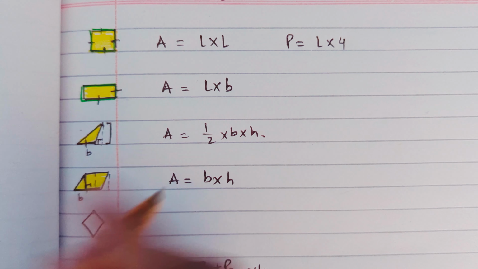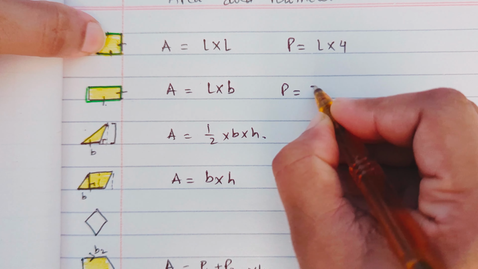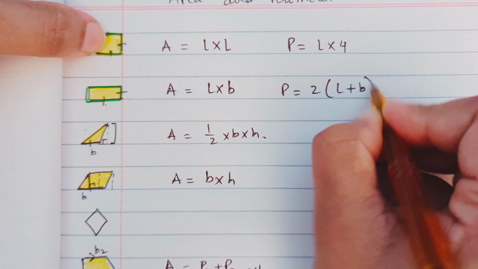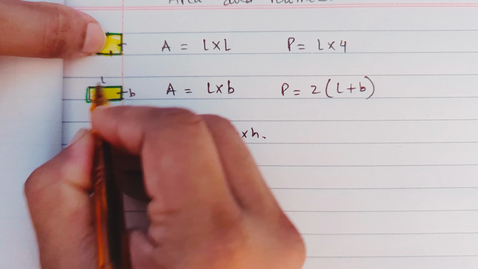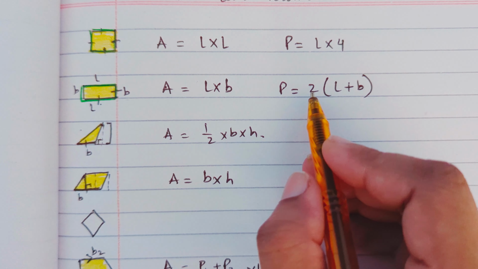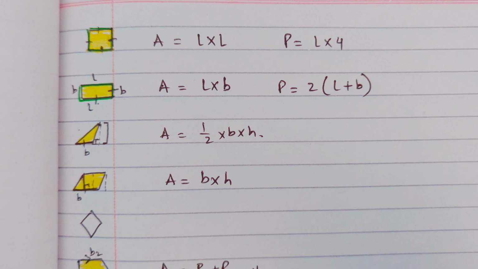So what we can do is, we can find the sum of 1 length and breadth and multiply it by 2. Just add 1 length, 1 breadth. And since we have one more length, one more breadth, it would be 2 into L plus B, or you can say 2L plus 2B, because there are 2 lengths and 2 breadths.